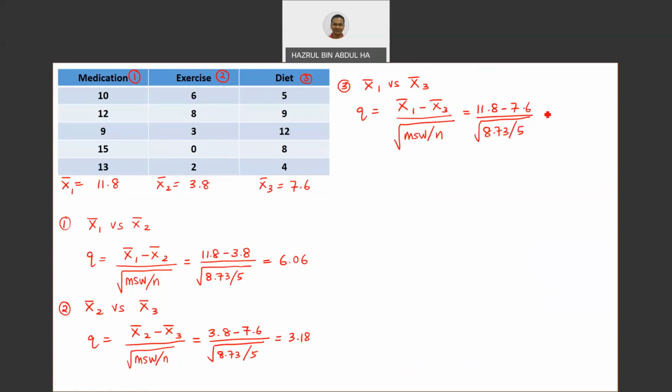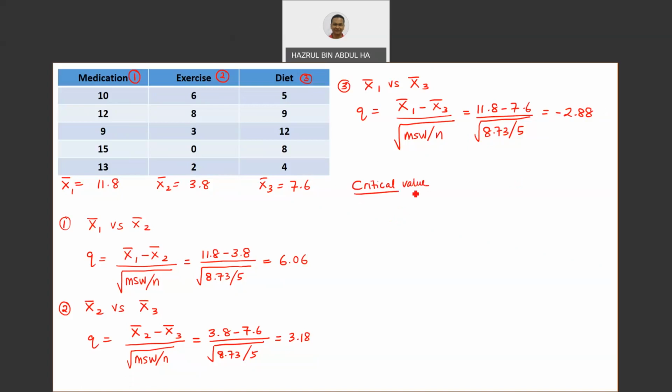So this is equal to negative 2.88. Okay, so now we already obtained the test statistics for each pair. Now we have to compare with the critical value for the Tukey test. How to find the critical value